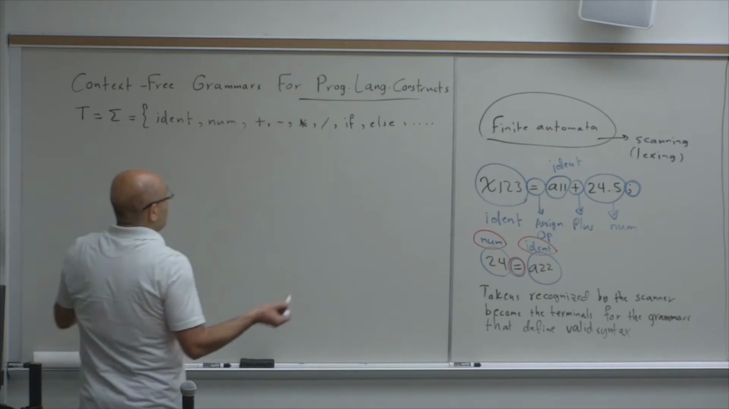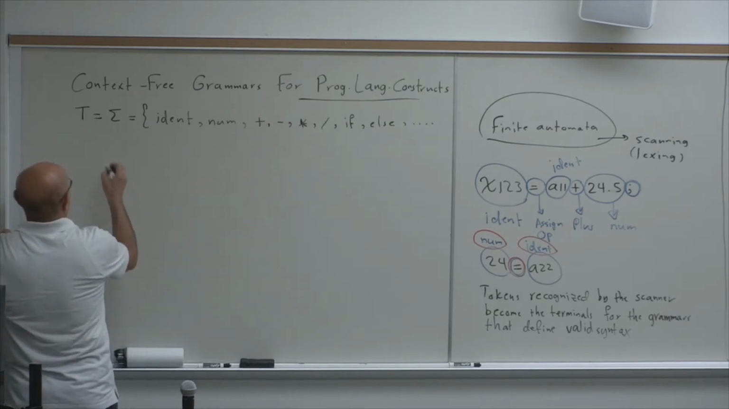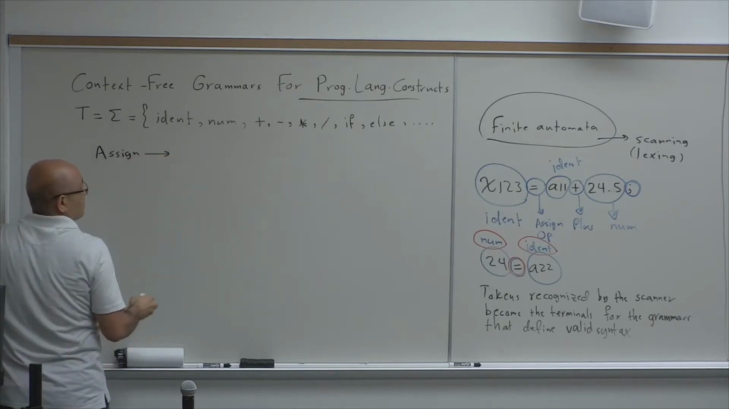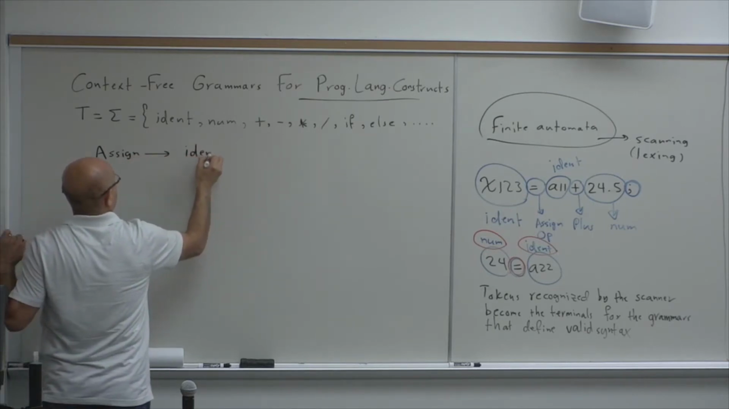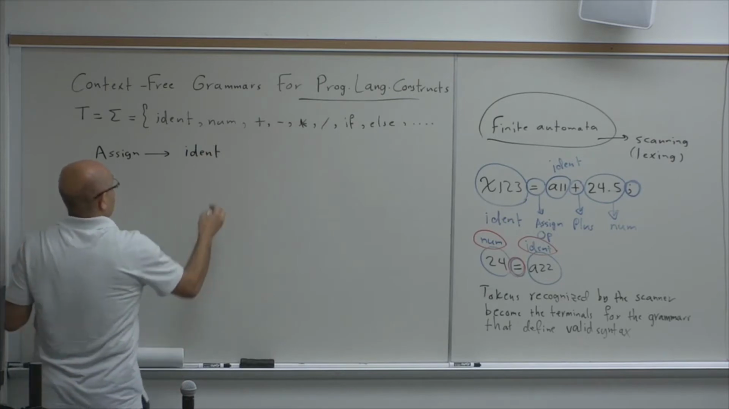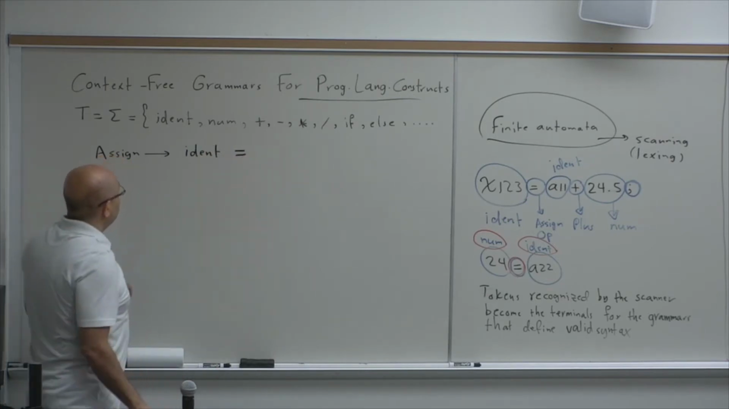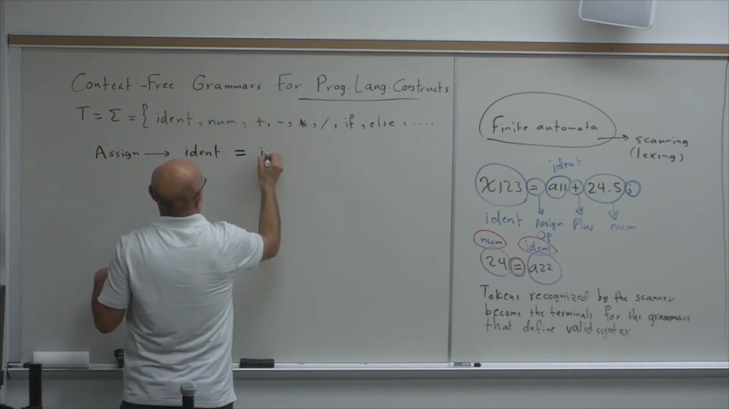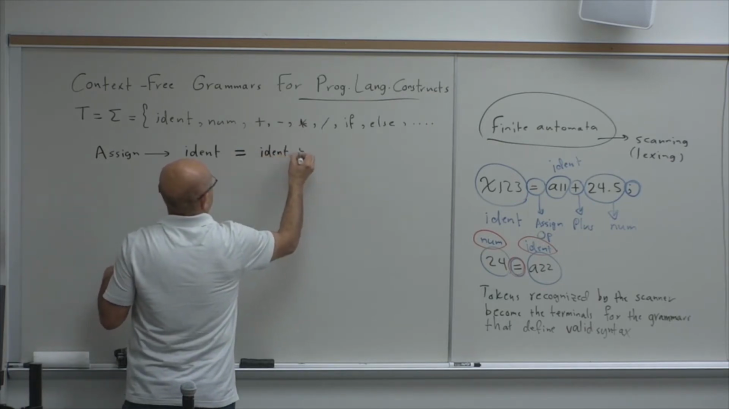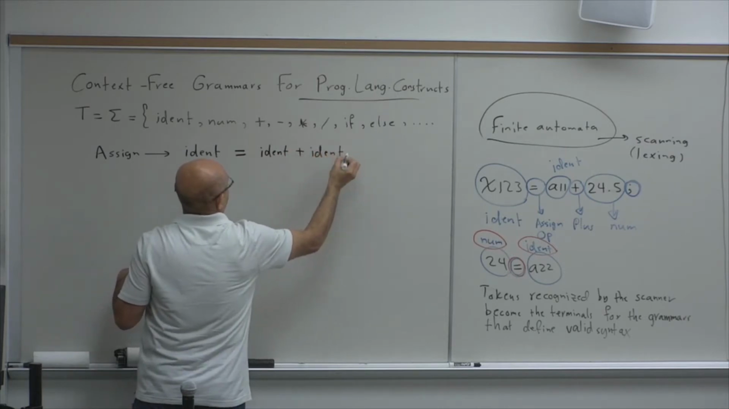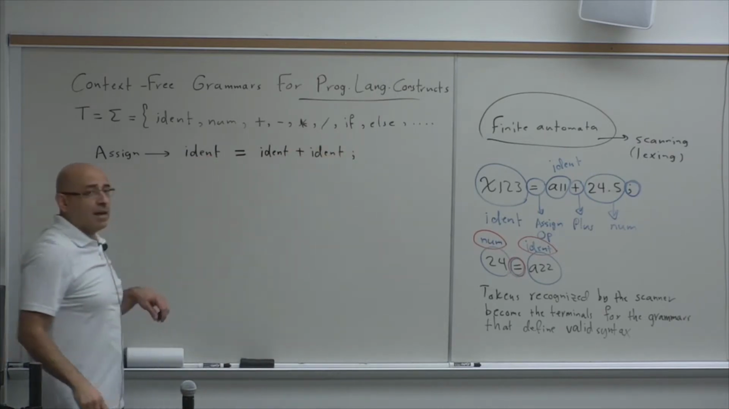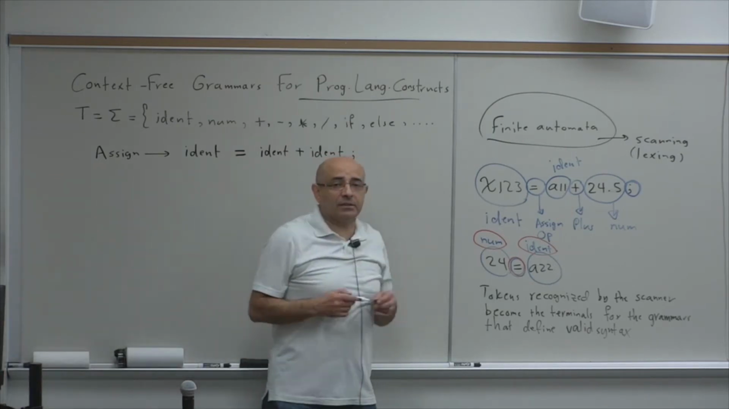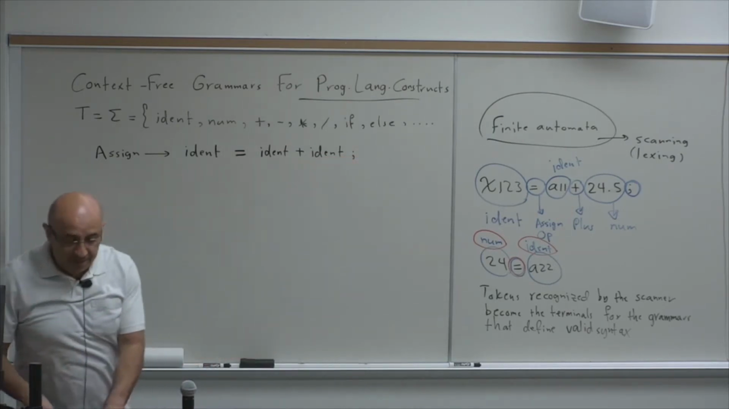Okay. So our first grammar is going to say, an assignment is an identifier with the equal sign, let's say identifier equals identifier plus identifier. So this is a grammar. Of course, this is not general enough. We will generalize it later. But let's look at this. So this is saying that,